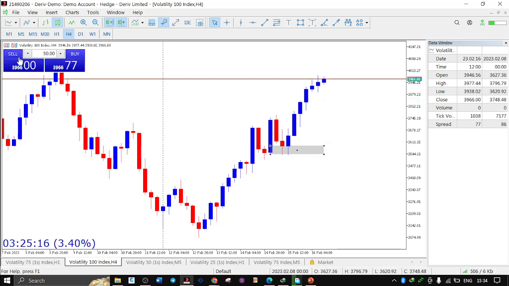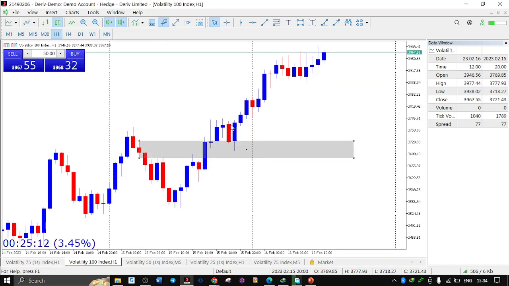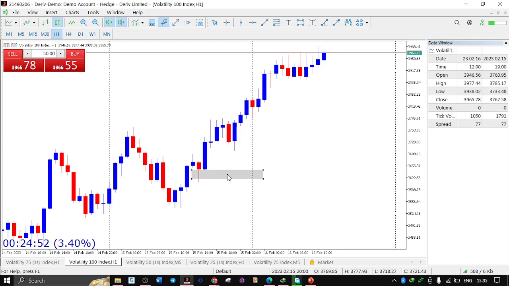So now I go down to 1 hour. Still, I'm seeing the same structure. I have seen this one here, and this one here. I have also seen this one. You see it? So you're looking at the patterns in different categories. You see this one, it means this is bullish engulfing. So when I see a bullish engulfing, I mark them as my support zones.